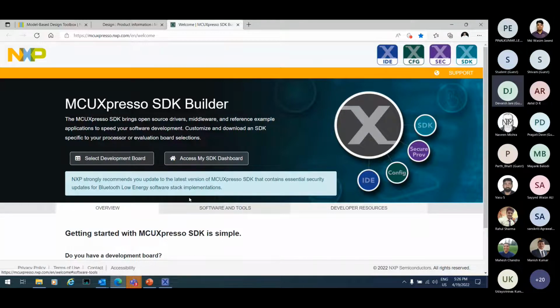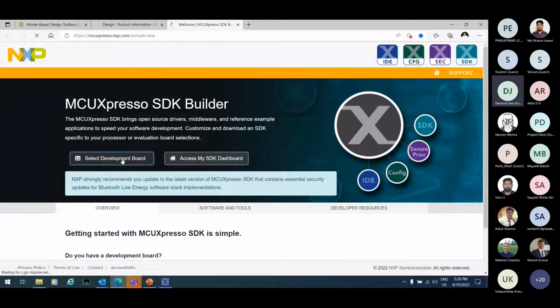If you're a new user, then to access this you have to first register and create a login, and then you can come to this page. This is the place where the SDKs previously downloaded from your login will be listed. Or if you want to download any new SDK